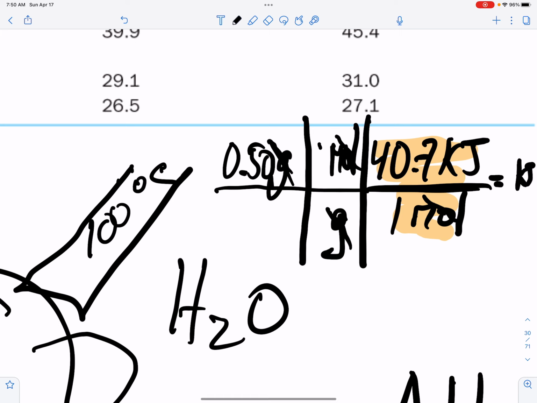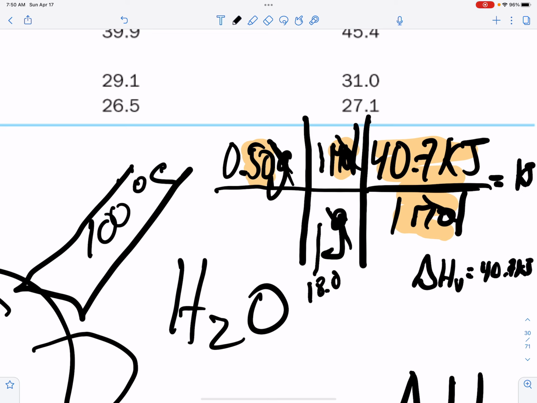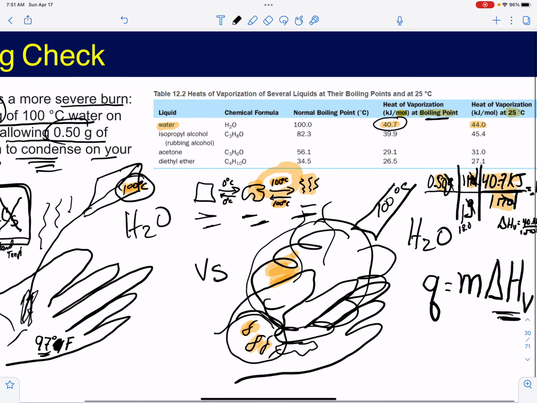So we know that 1 mole of water equals 18.0 grams. So you can go from the amount of water, or steam in this case, 0.50 grams, and change that to moles. Then the enthalpy of vaporization for water at 100 degrees is 40.7 kilojoules per mole, for every 1 mole. So then you can use that conversion factor to find your kilojoules. So when we do all that,